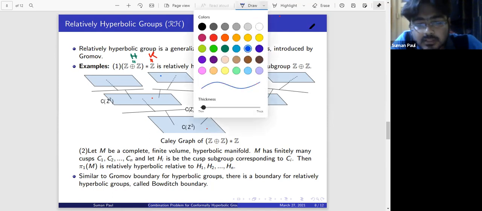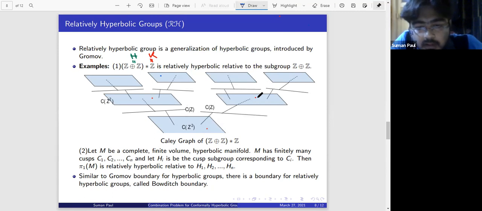Now we consider the geodesics between them. The geodesic will be like this. See that it has to go from this, because there is no other way of going from here to here. So we have to come to this, right? So this point, then this line, and as we have mentioned, these in-between lines are not there. The endpoints are identified in the Cayley graph. So now this point,